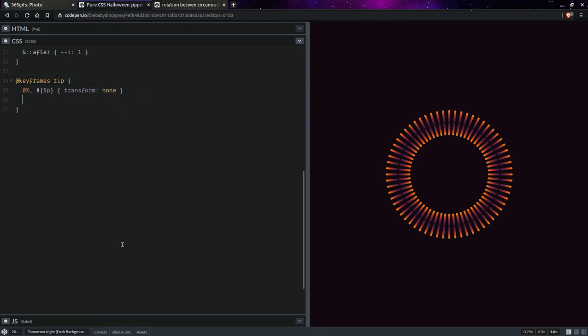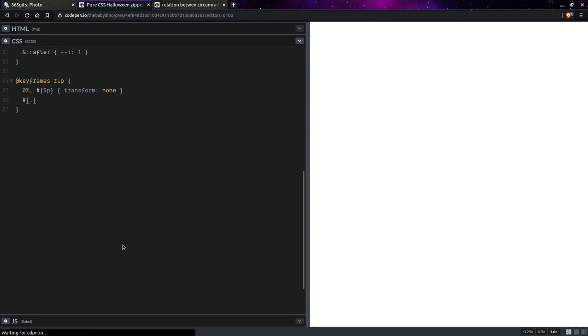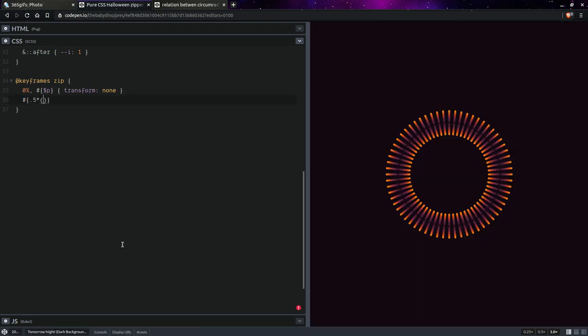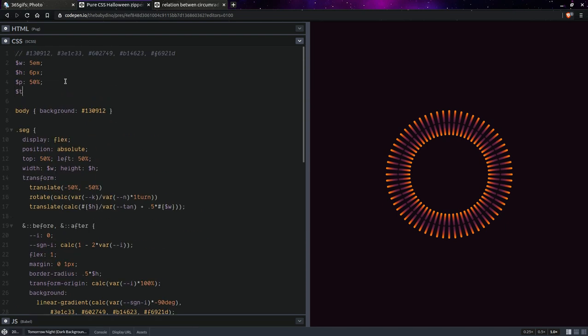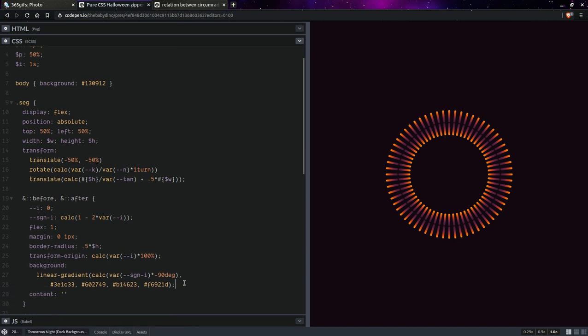Then we're going to have half that percentage plus 100%, so that's the midway between that percentage and 100%, and then up to 100%, and we're going to set that transform from before, so something like that. Also, we want to set an animation duration, so let's say 1 second. Okay, now having done this, let's move on to the animation, a zip, that animation duration,